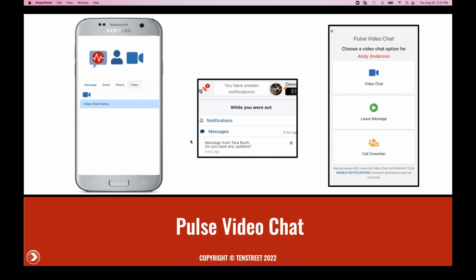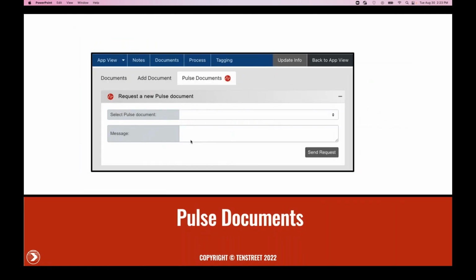Now, both Pulse Messaging and Pulse Video Chat are great features to use throughout the life cycle of the driver, but they're especially effective during the recruiting phase when you're trying to engage a driver and quickly make arrangements for next steps. Next, we'll talk about some of the effective features that can be used during the onboarding process, starting with Pulse Documents. Pulse Documents is a feature available again to all clients, and it can be used to request